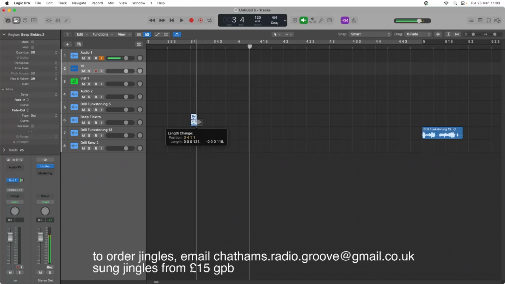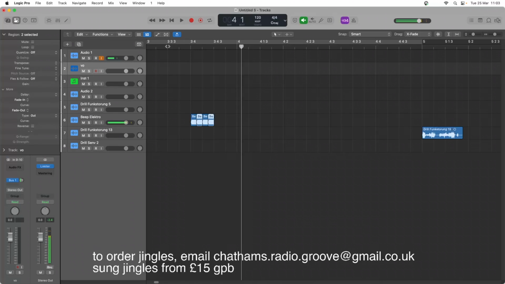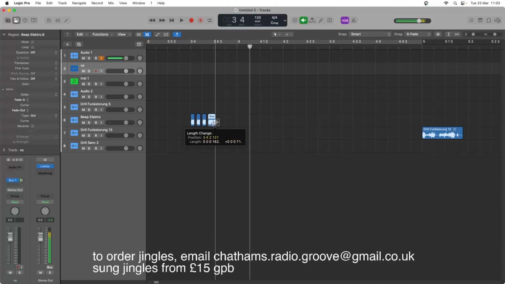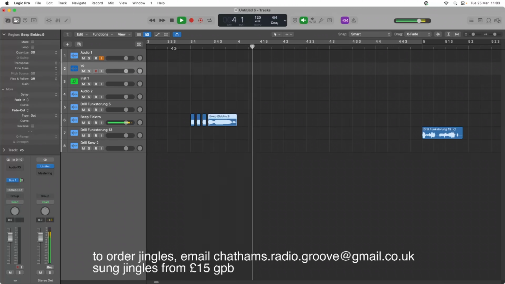So we're going to cut that in half. Put one there, and then double those across like that. Let's see how that is. Not quite. Let's cut them down, and then let's lengthen that one out again and stretch it. Okay, now we